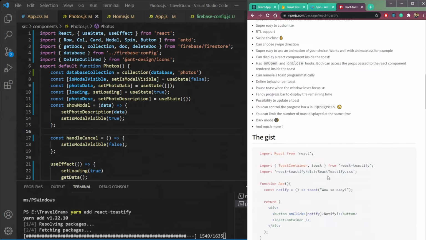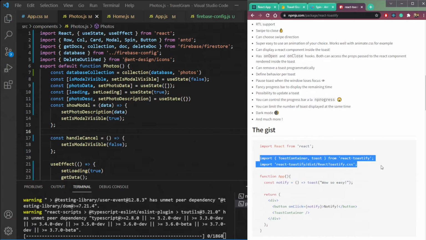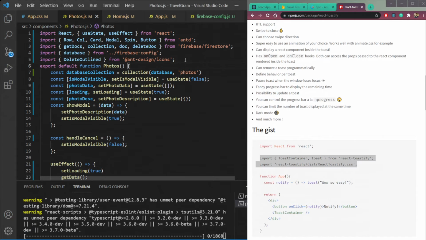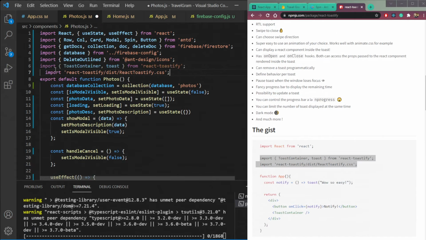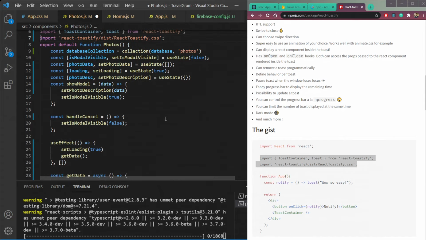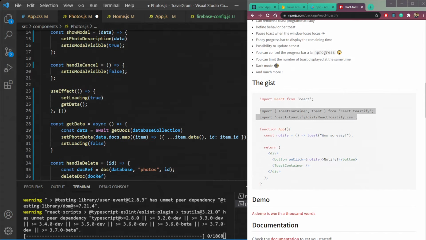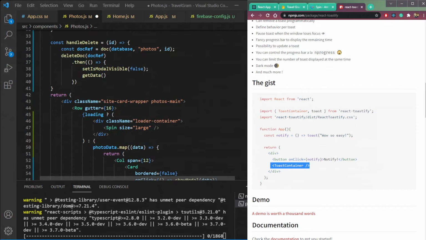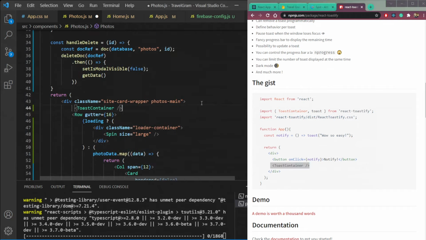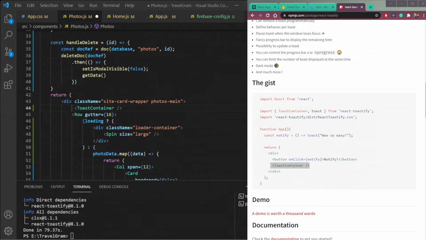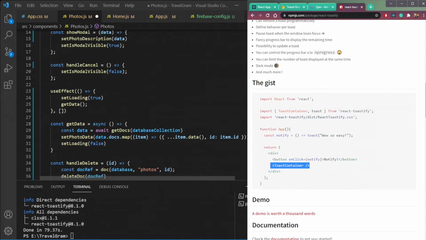And we will add a toast message when our data is sent or our data is deleted. So we need to import this here as well. First we need to let it finish. So wait for it. It has been installed, and now let's do the rest.